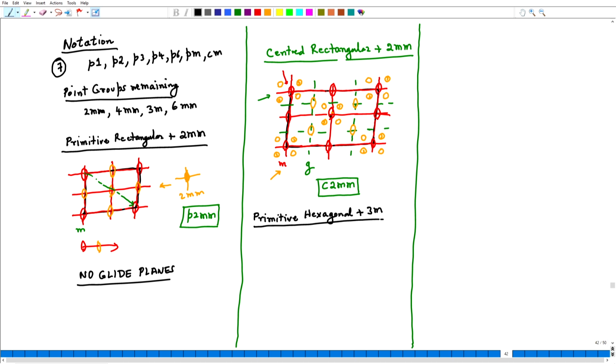Now, let me first draw the cell. And the 3m point group,